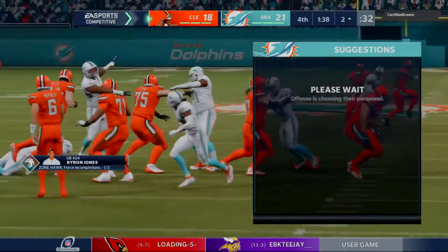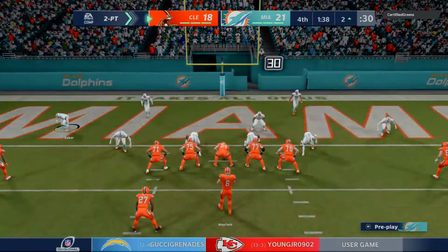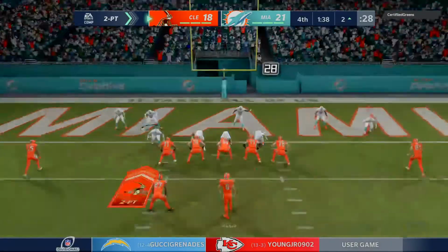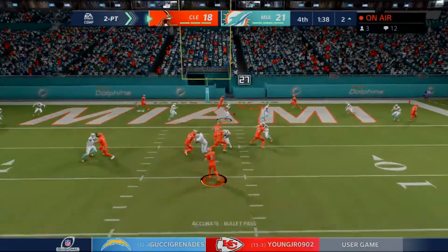Okay, game on. Don't go anywhere yet. You got a one-score game now. The Browns probably going to rely on the onside kick coming up. Yeah, they have to. It's not a high-percentage play, but it's better than not having a chance at all. And that's when you put your leapers in your...